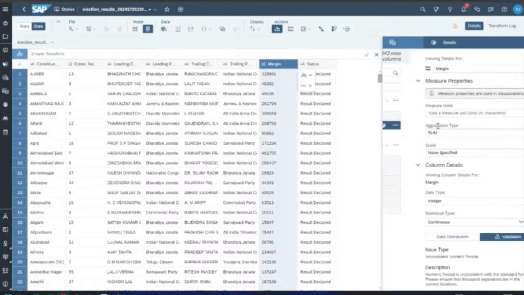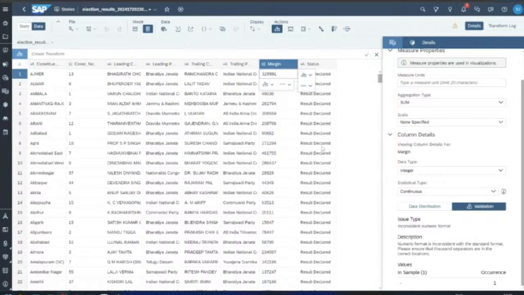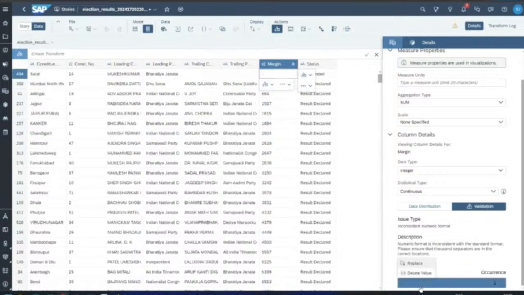You can click on that, and it will tell you that there are inconsistencies in the numeric format. That is the error it has. When you click there and come down, you can see there's one issue. All of the data is numeric, it's a number, but somewhere it found that in one record, which is Surat constituency, the margin data is not available.